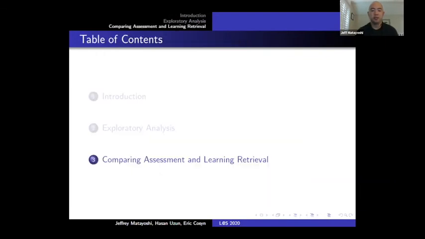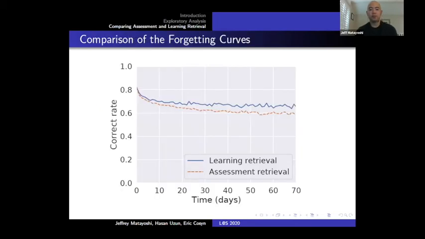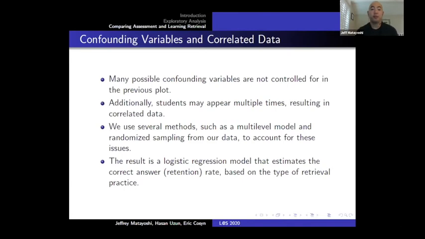And so next, we're going to look in a little more detail at the two different types of retrieval practice, and we'll try to compare them a little more directly. So again, these are the forgetting curves for these two different types of retrieval. You can see that the solid line represents the retention curves for the learning retrieval examples, and the other one's the assessment retrieval. And there's a gap. It's consistent all the way up to 70 days later. So again, just at a high level, there seems to be something going on here, some association with the different rates of retention. But one of the problems here is that there are many possible confounding variables that are not